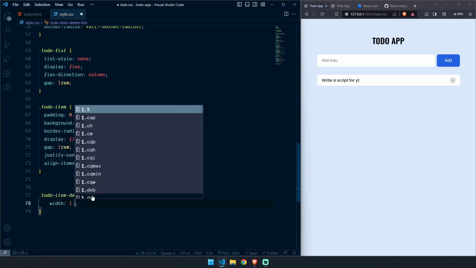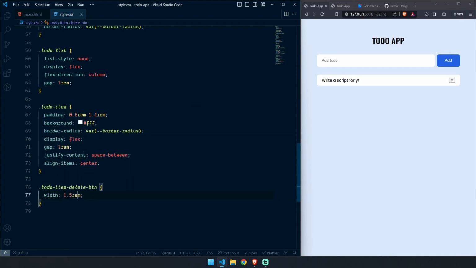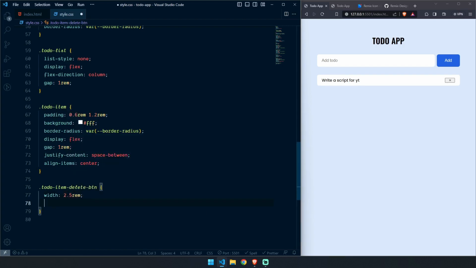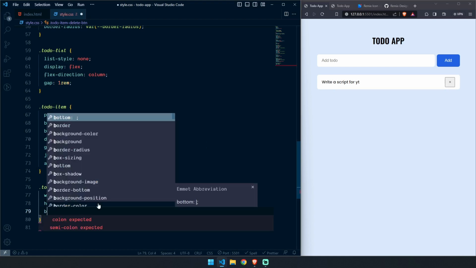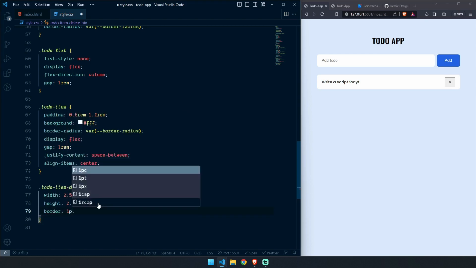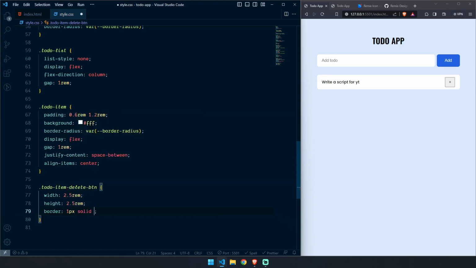We can give the width 2.5 rem, and here we can give the height exactly the same, so it looks like a square shape. And here we can give a border of 1 pixel solid white,